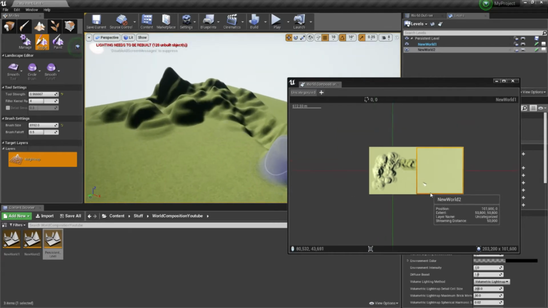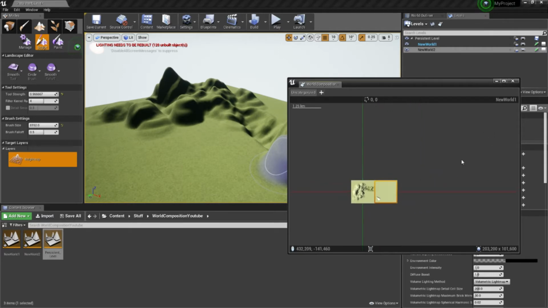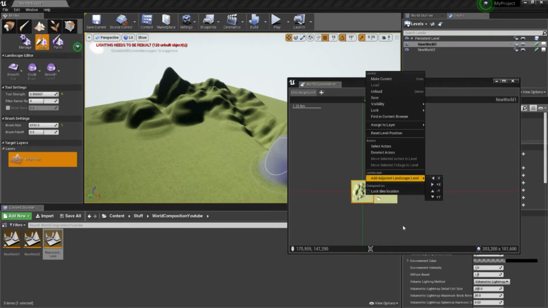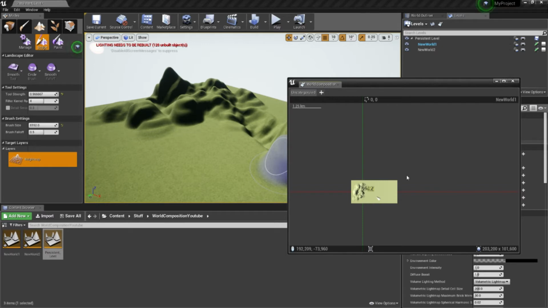on this region. If you can plan out the size of the region, and then one person could be working on a landscape region over here per se that won't be affecting these two. And since this one, when you created the new landscape level, it created a second world, you'll notice, and that it's in your persistent level, right? So it's loaded. So normally when you're doing source control, you don't want to have two people working on the same level. You want each working on individual levels, otherwise there'll be conflicts when you try to merge them together